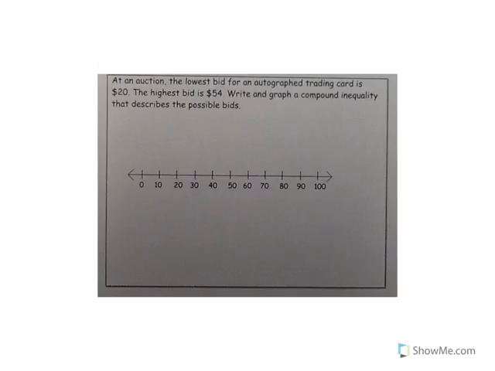At an auction, the lowest bid for an autographed trading card is $20. The highest bid is $54. Write and graph a compound inequality that describes the possible bids. So x, the lowest bid, so it's going to be like that, is that. The highest bid,